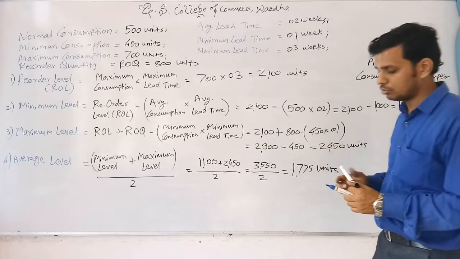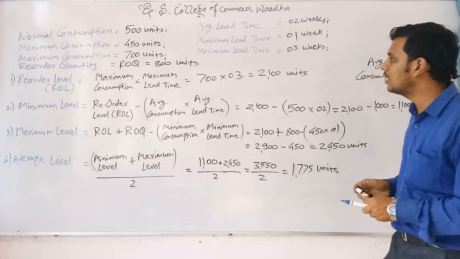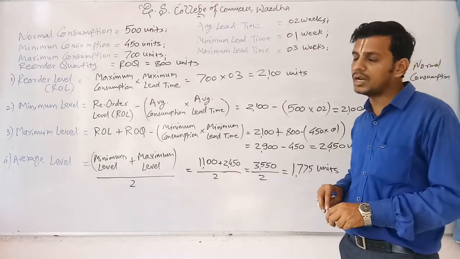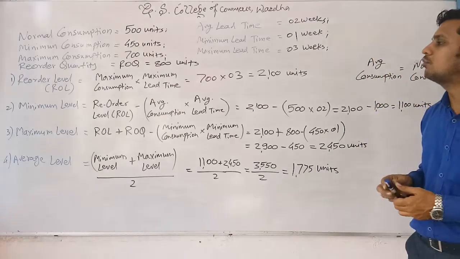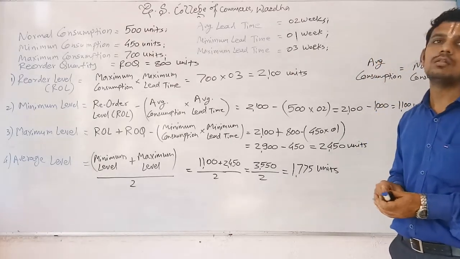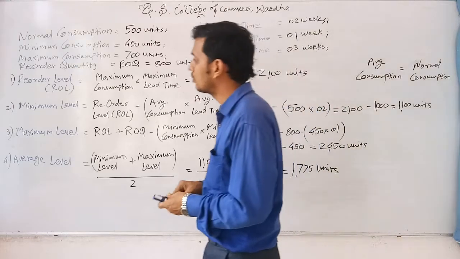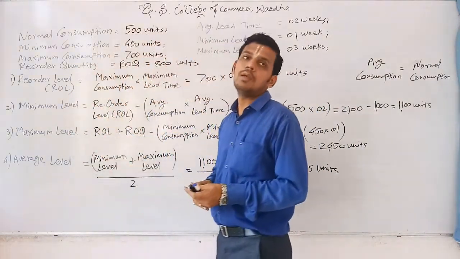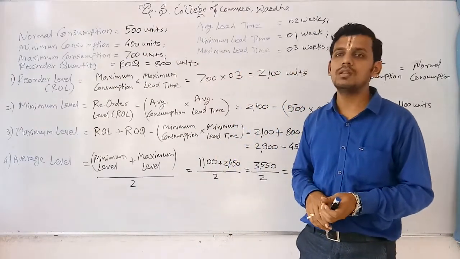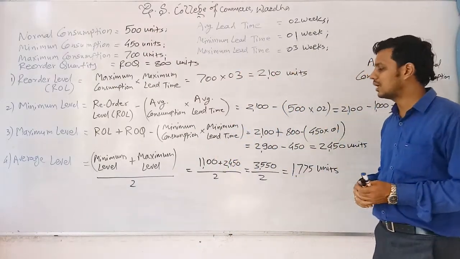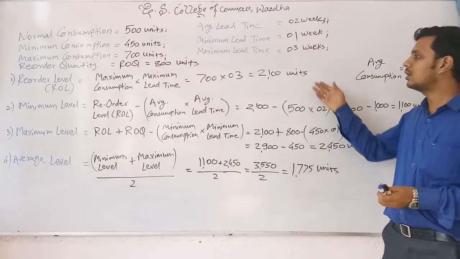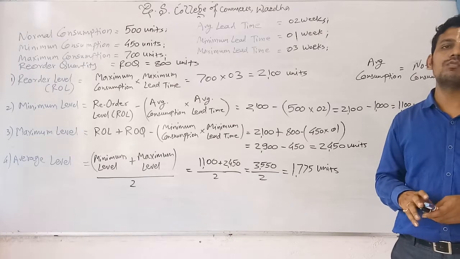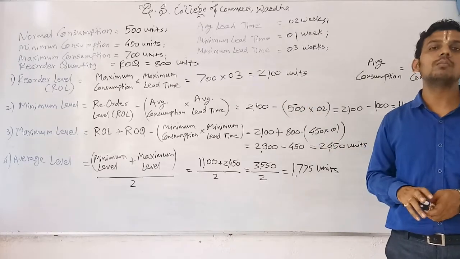This is with the first question. Remember one thing, normally what we have to calculate is reorder level, then minimum level, maximum level and average level of stock. But here we have to remember the formula according to the thing which is asked. Suppose that minimum level and maximum level is asked, we have to put the same formula. If we mistakenly interchange the formula, then the answer would be incorrect. Now we will take another question so that we could have more understanding on the topic.